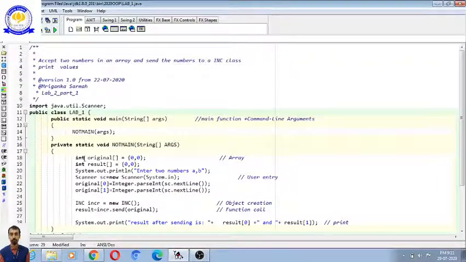Then there is the integer data type statement. It is an array, starting with the opening and closing brackets. It is an integer array. We recognize this starting square and closing square bracket. And on the right hand side is the initialization of the array. This part is the initialization of the array. So it is an integer array.